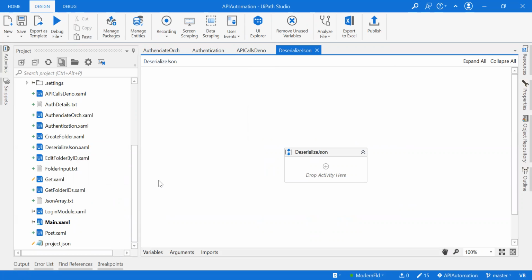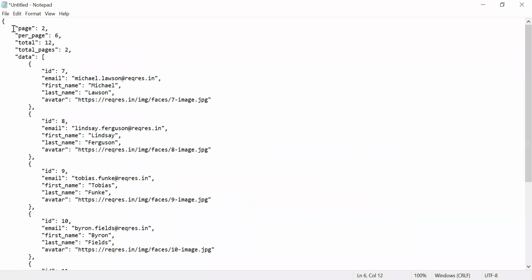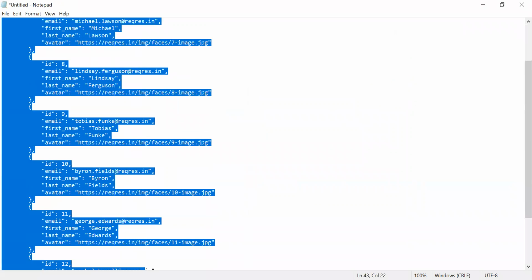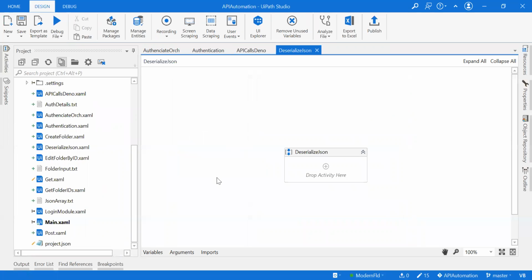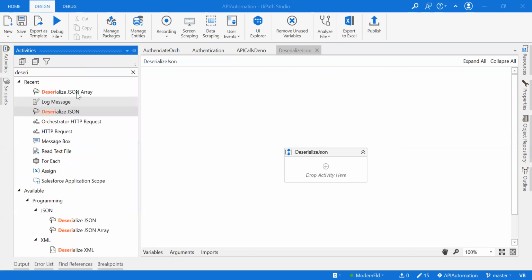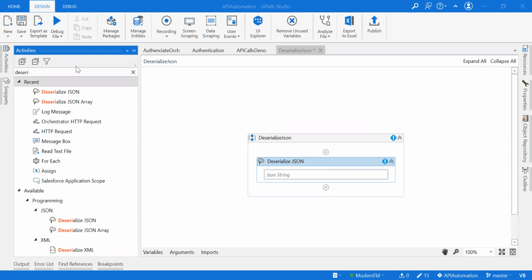Let me first take this particular notepad, right? In this notepad, if I wanted to fetch the values of all of these, how can I do that? By using a deserialized JSON, and what type of values should I pass into deserialize JSON array? For that, let me take deserialized JSON. For this, the input type is string. So let's take a read text file,